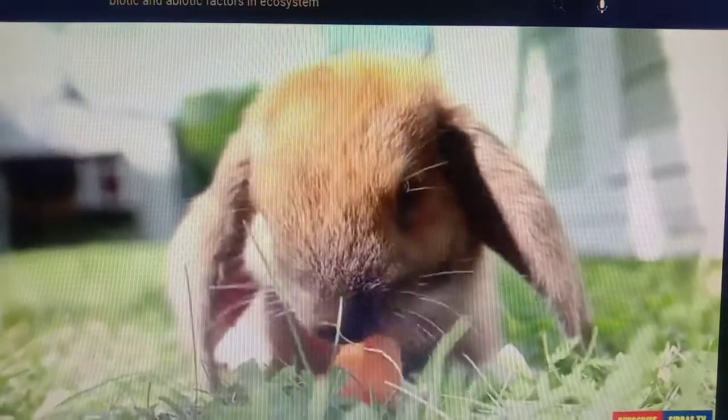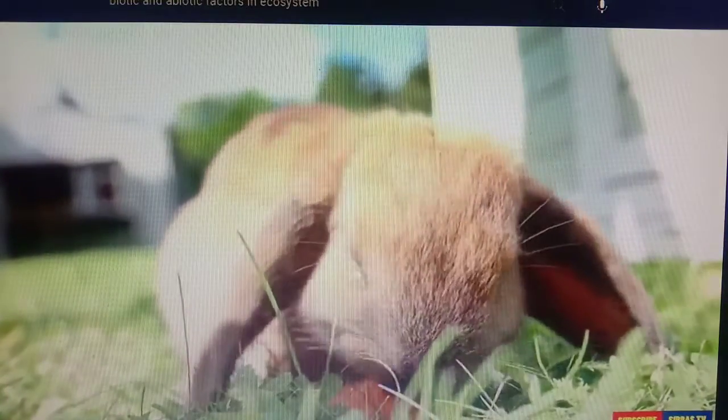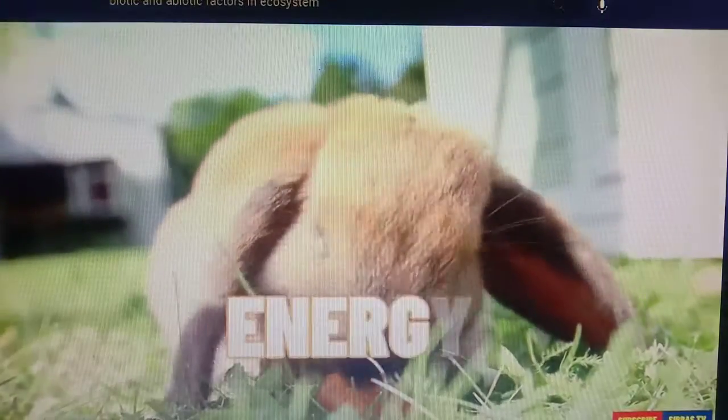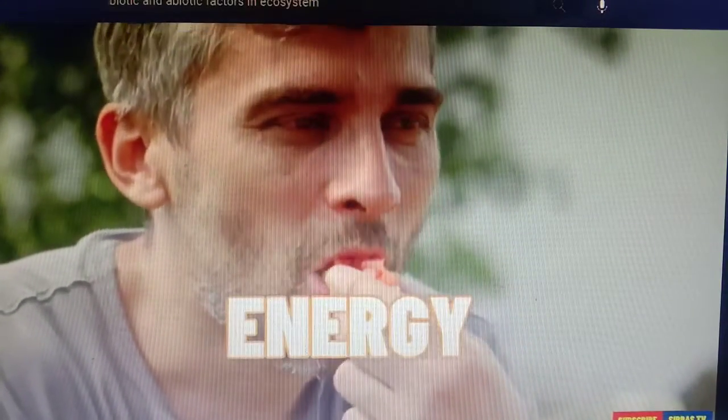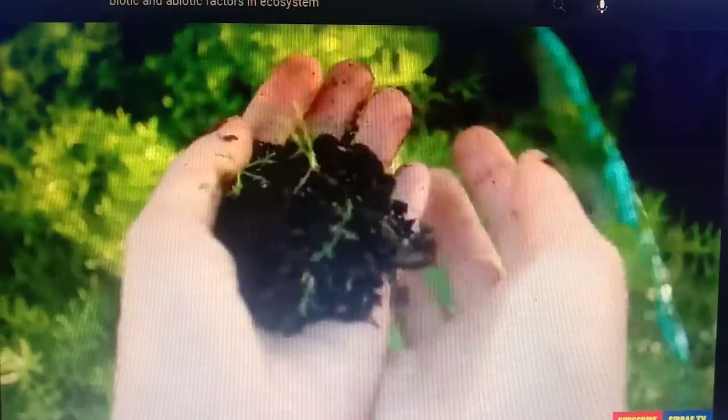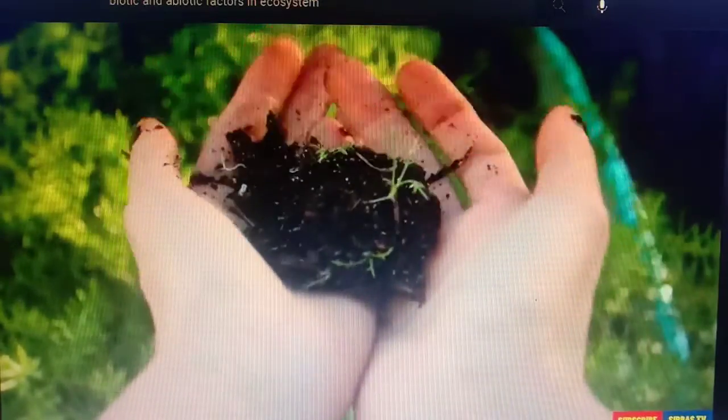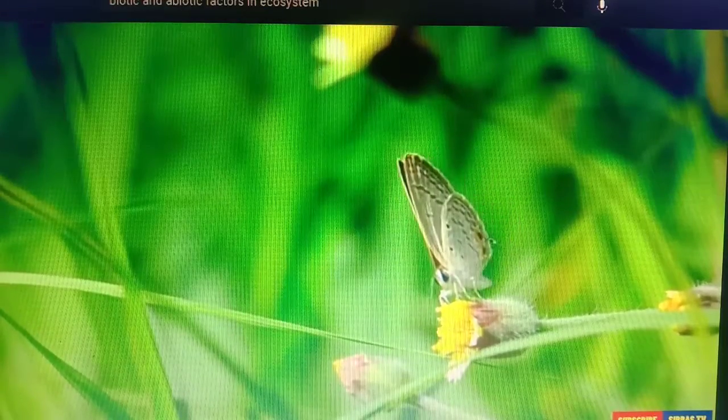Animals such as cow, rabbit, goat, and the like eat plants to gain energy. We, humans, also eat plants and animals to obtain energy. Plants need nutrients and other minerals from the soil for them to grow. And that is the end of our discussion about the biotic and